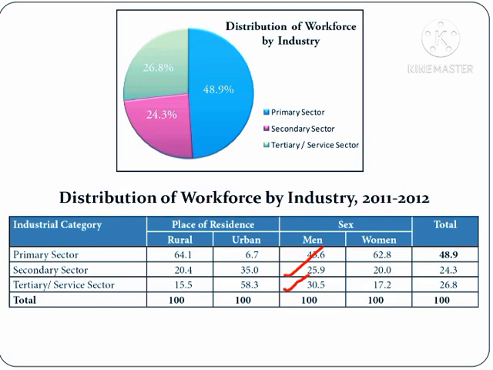So now moving to the secondary sector, it includes mining and quarrying, manufacturing, electricity, gas and water supply, construction, etc. So the secondary sector provides employment to only 24% of workforce in India. The secondary sector gives employment to about 35% of urban workforce, and about 20% of rural workers are working in manufacturing industries, construction and other industrial activities.